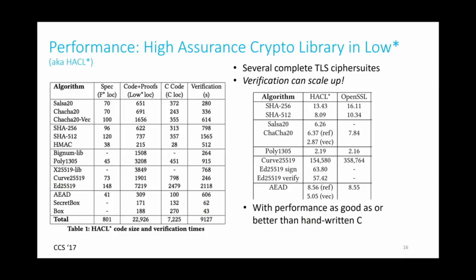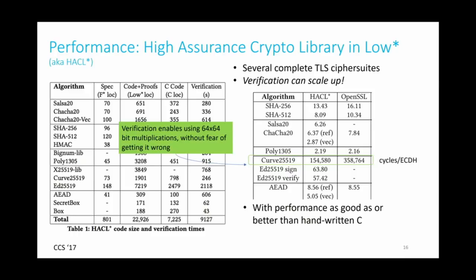It's actually interesting, I hadn't seen Adam's most recent slide. It looks like their version of Curve is slightly faster than ours. But this version of Curve, a 64-bit version, is significantly faster, like 2x faster, than a handwritten version of the same Curve in OpenSSL, which was a 32-bit version that was the only one OpenSSL had until recently at the level of C. So using our verification technology, we were able to write 64-bit versions of the code and be confident that we got it right.